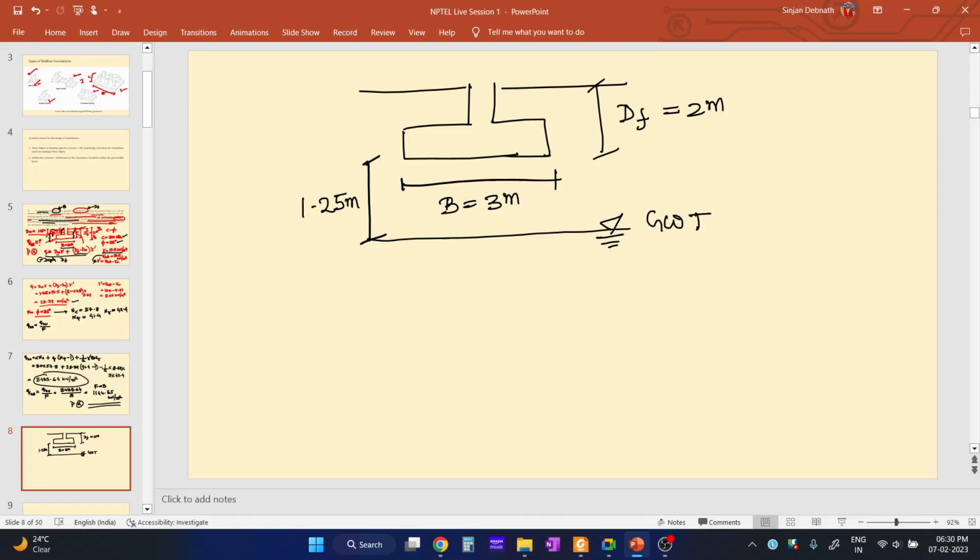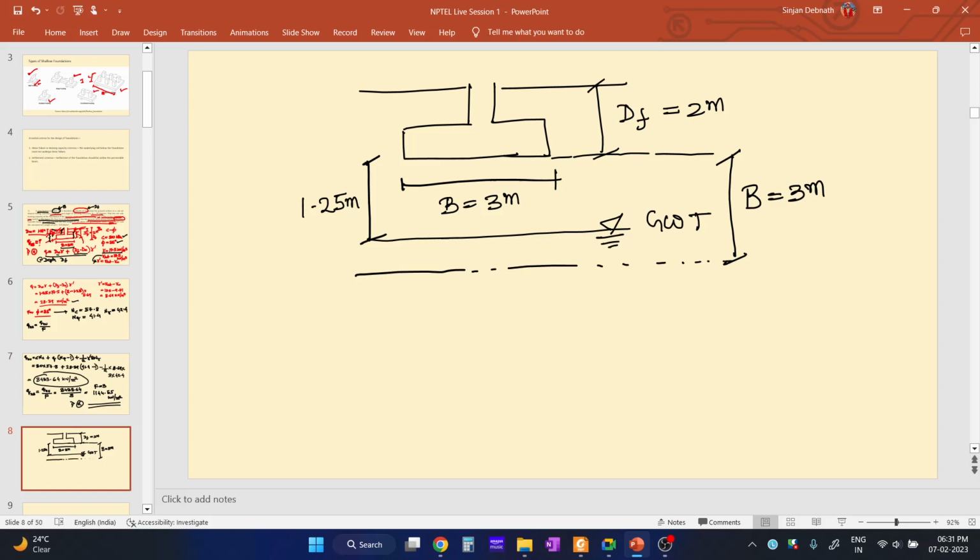So you see, from the base of the foundation up to depth B, B means the breadth of the footing, that is 3 meter, there will be an effect. If you cross beyond the depth B from the base of the foundation,